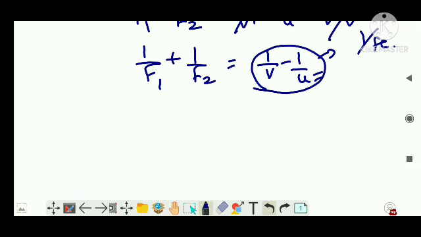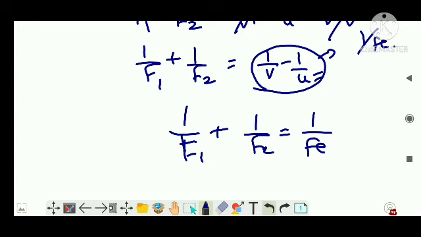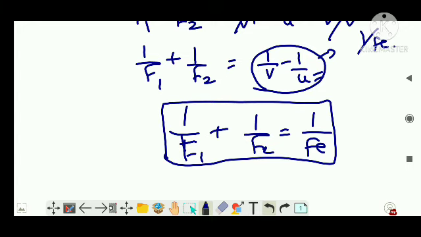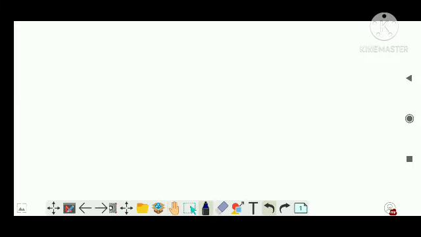focus of the system. It is 1 by F1. I can write now 1 by F1 plus 1 by F2 is equal to 1 by Fe. Clear? Right. Now the next topic we are going to do is called power of